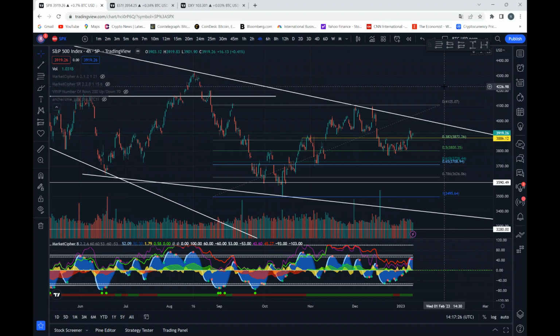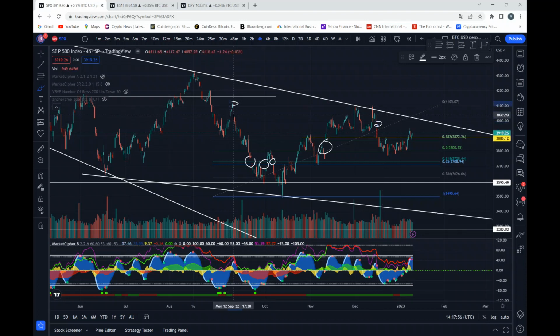Alright, the S&P 500 or the SPX, as you can see here in the top left, that is the ticker. We have been going up a little bit. This was the bottom so far at approximately 3,500. Then we went up and now we just have a little bit of a retracement, and made a nice rounding bottom right here. You might see some gaps on the charts, and that is the difference between the closing and the opening. It's also called an opening gap. This is where the day closed, and this is where the day is starting, and therefore you have an opening gap, which is also due to the futures markets and after-trading hours.